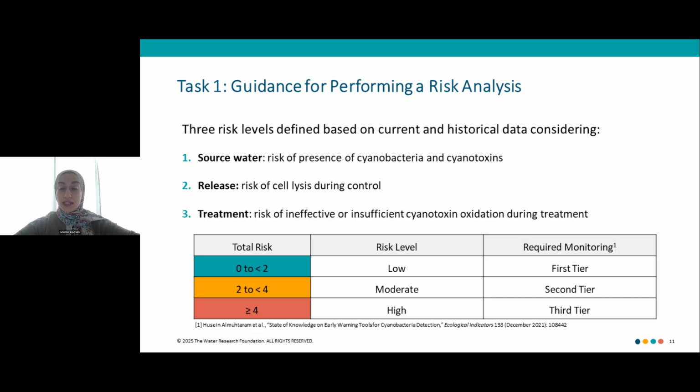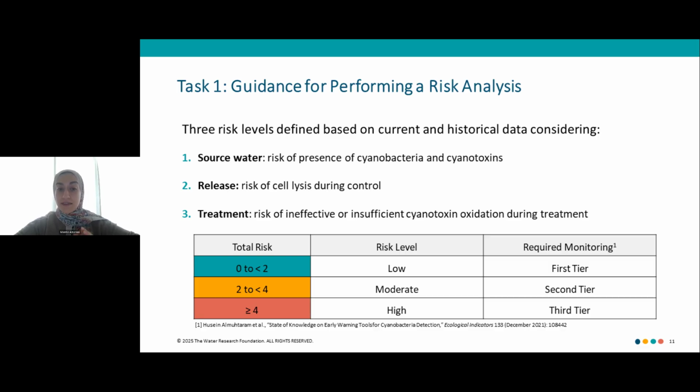But the other part as well, which is very important, very essential when it comes to HAB management, is your treatment train. How efficient is it, and is that treatment train sufficient to actually get rid of the cyanotoxin in your treatment plant? So combining all three categories of the risk is going to end up with a value for the total risk